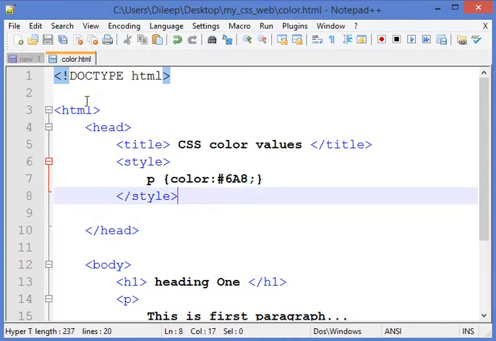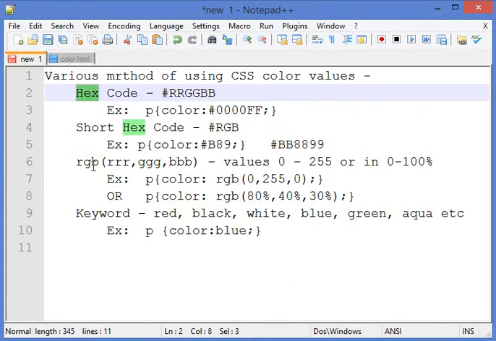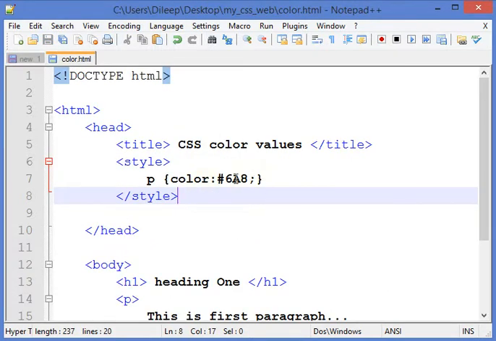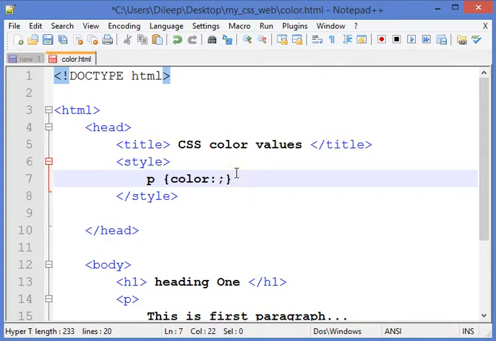Okay, let's see another method. Another method is using the RGB function, right? The RGB function can take 3 values, red, green, and blue, and those values can be 0 to 255 or in the form of a percentage. So suppose in place of hex, now I want to give the color value using the RGB function.